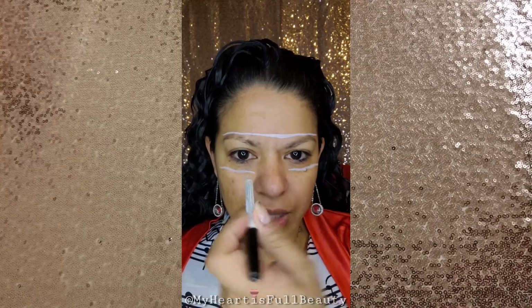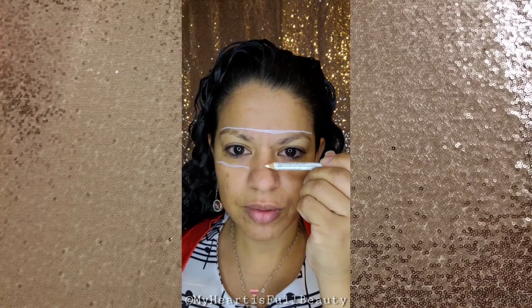All right, so this look, I am going to start off by, I don't want it so high, I'm going to do a line here, then connect it on the other side. I'm trying to get this straight, so we shall see how it goes. Hopefully by the end I can get it pretty straight. All right, let's see here. And I'm trying to get it to look straight when I'm looking straight at my camera. So see here,